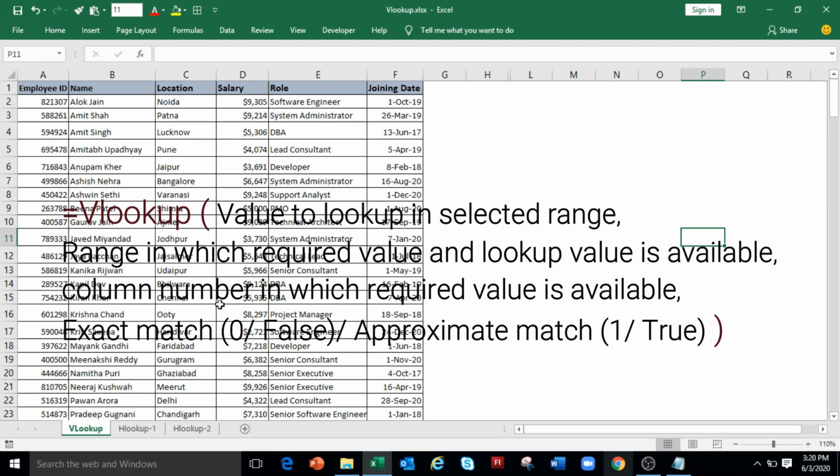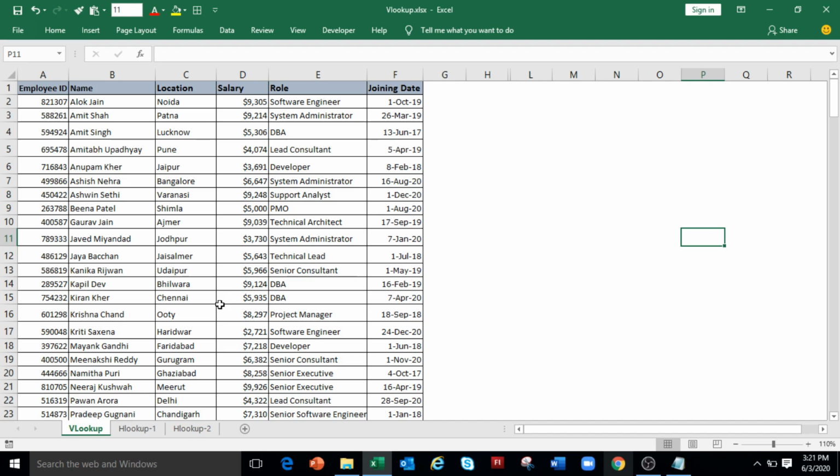Remember, lookup value must be in the first column of the selected range. Third parameter is the column number in the selected table or range that contains the required value. And last parameter is optional, where we use 0 or false for exact match and 1 or true for approximate match. If no parameter is defined, 1 is used as a default value.